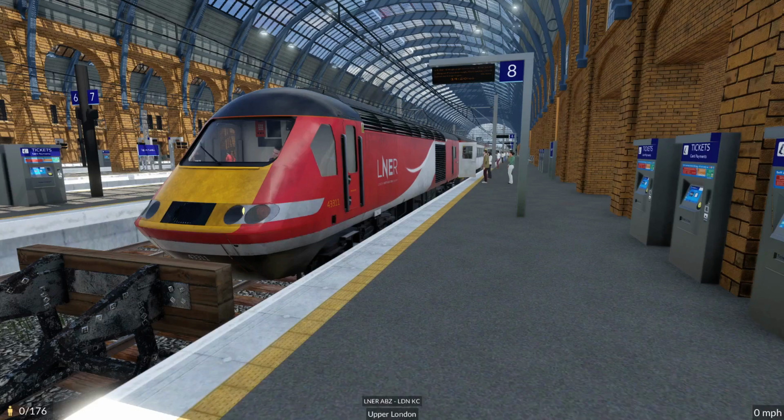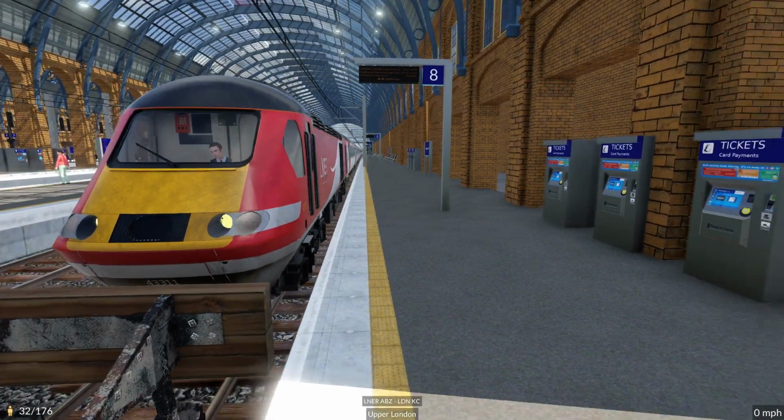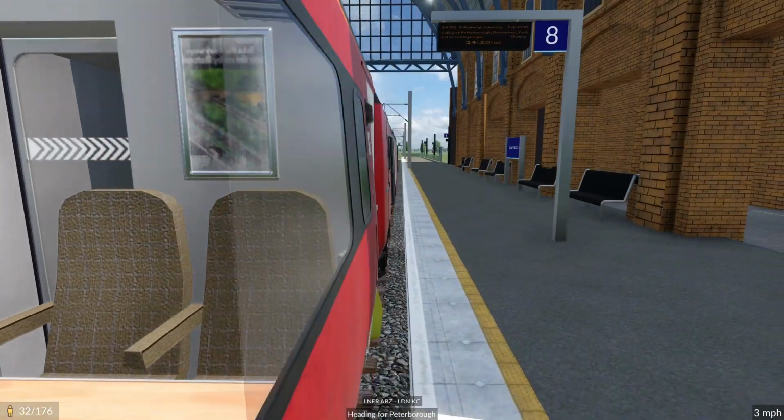We're down here at London King's Cross in all its glory. We're about to jump on this LNER service from London King's Cross to Aberdeen, because today is going to be a drive-by episode. We'll jump on this while running it all the way. We've added some more traffic to the sort of main line that this train follows, so it should look pretty interesting. We've also got a ton of traffic on...